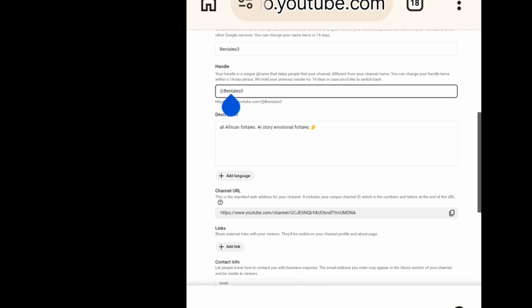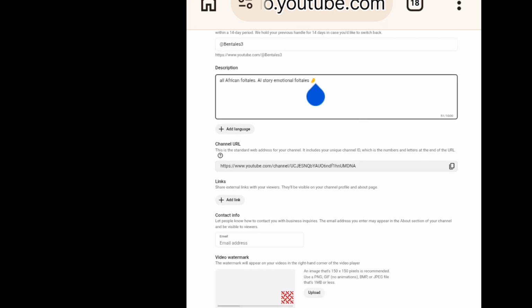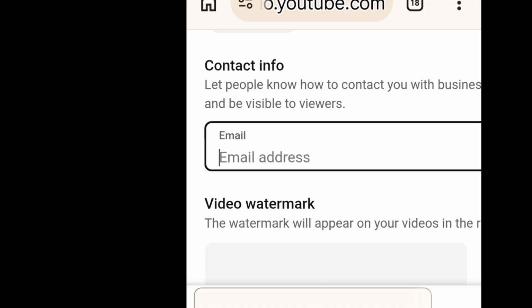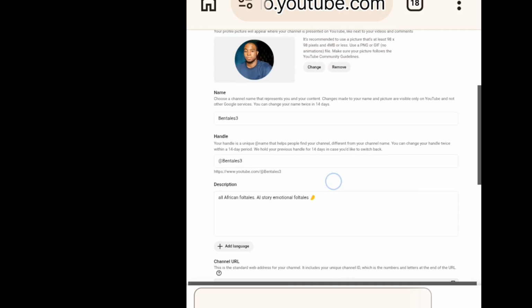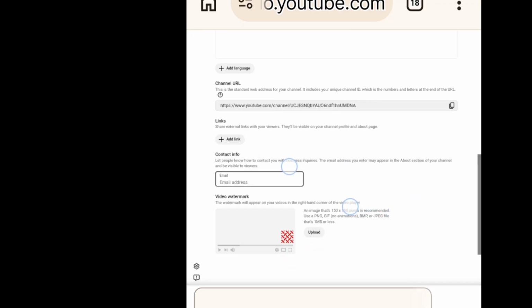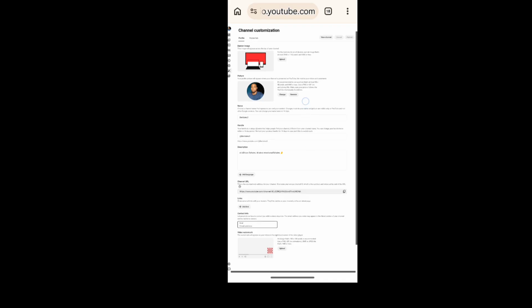So here now, you click on this description and add your description. After you add your description, then the next thing is you add your email. If you want brands to reach out to you, like if you want people to reach out to you for adverts or business, anything, you add your email here so that people can reach out to you there. After this setting, after you fill these ones, your name, your description, your email, your banner, your profile picture,